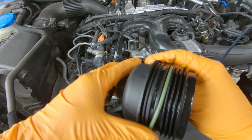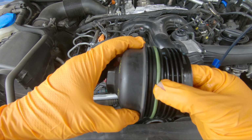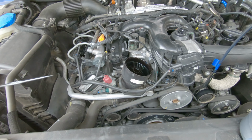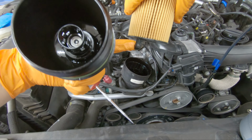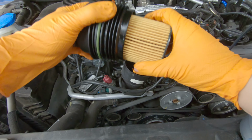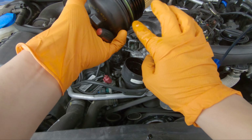And remember, it goes into this little groove right here. Again, don't let the O-ring go in a different groove. So there we go. And before we put the cap on, obviously the new filter. So remember, this notch right here is the bottom part. So this part right here is gonna click in to right here. So you're gonna snap it in, get some new, clean oil, and lubricate the new O-ring, because